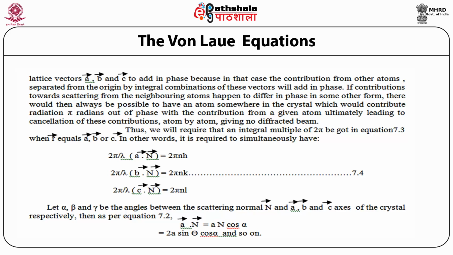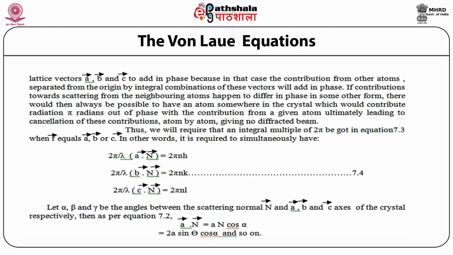If contributions towards scattering from the neighboring atoms happen to differ in phase in some other way, it would always be possible to have an atom somewhere in the crystal which would contribute radiation pi radians out of phase with the contribution from a given atom, ultimately leading to cancellation of these contributions atom by atom, giving no diffracted beam. Thus we require that an integral multiple of 2 pi be obtained in equation 7.3 when R equals